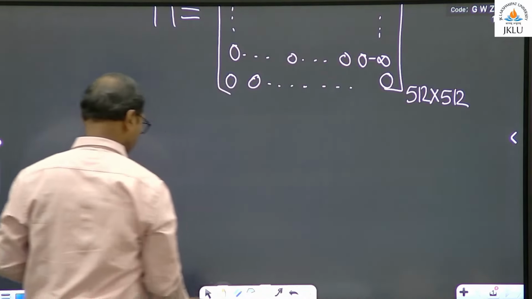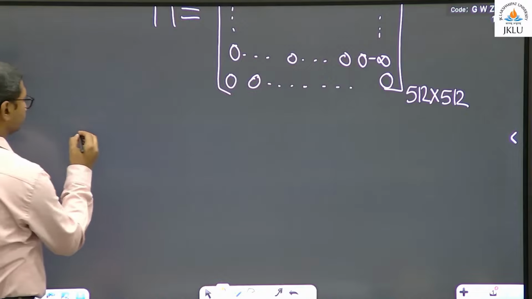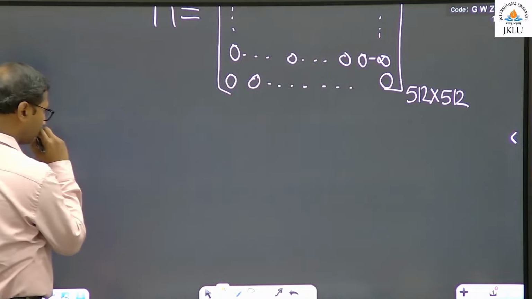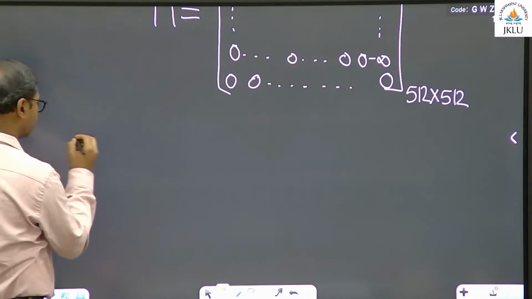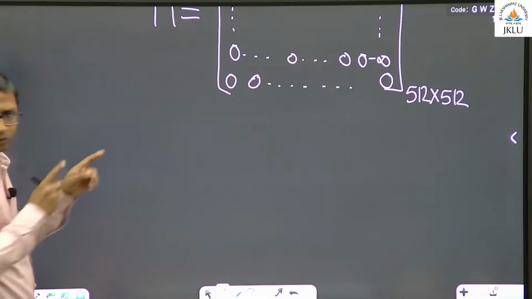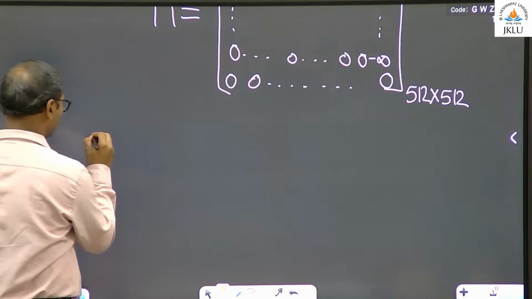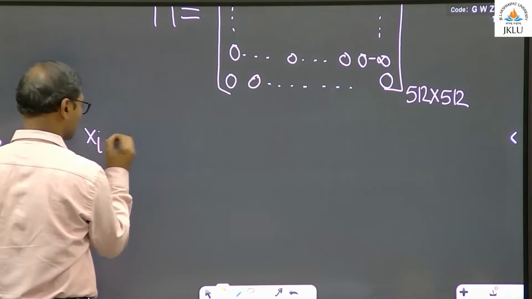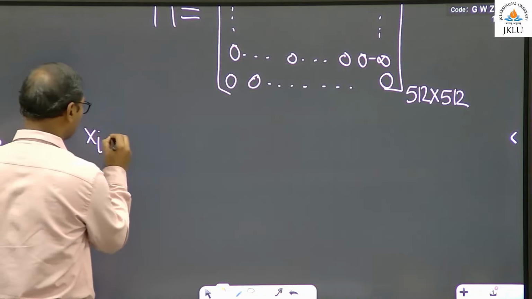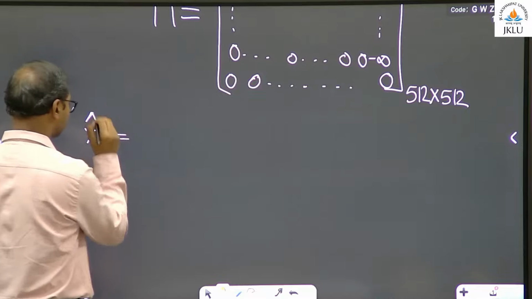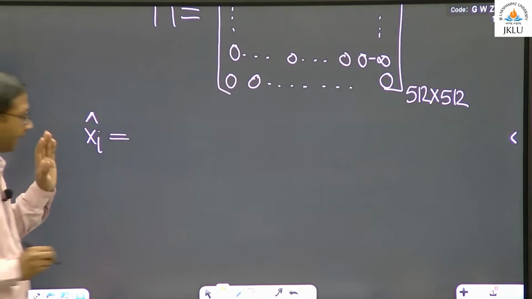What is this normalization doing? I am not writing those same equations that we had written yesterday. So if xi is the input, what will xi become? xi hat will become